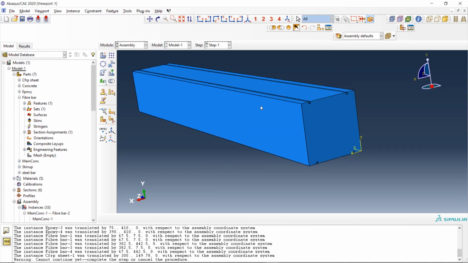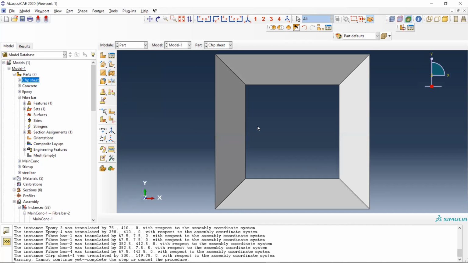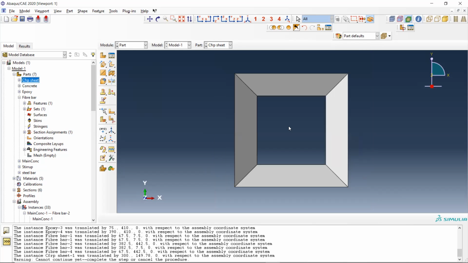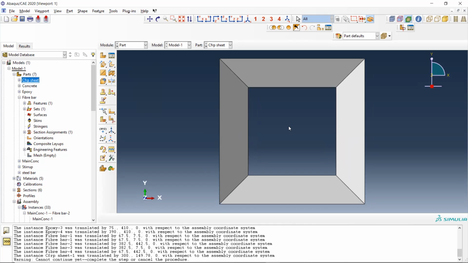And one more thing, I had a doubt about this CR sheet. Yes, sir. Actually, while giving a section, I gave it a thickness of 0.11 mm.